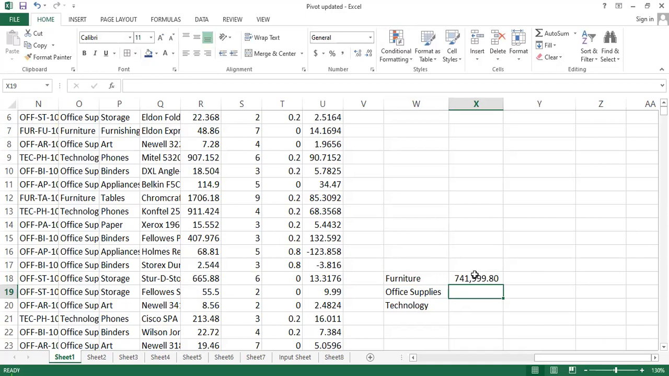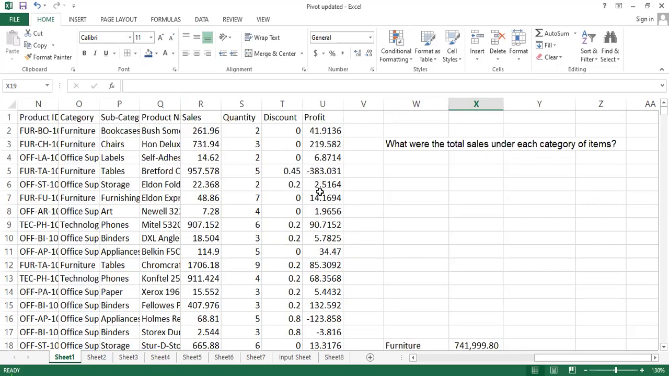But I said with a pivot table, you can easily get this answer without going through the process of using SUMIF. And to do that using a pivot table,